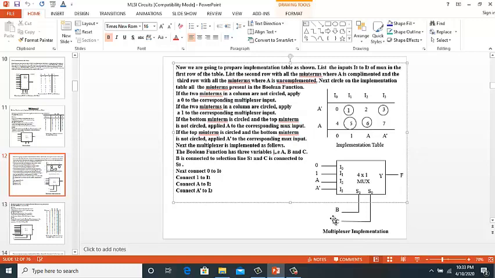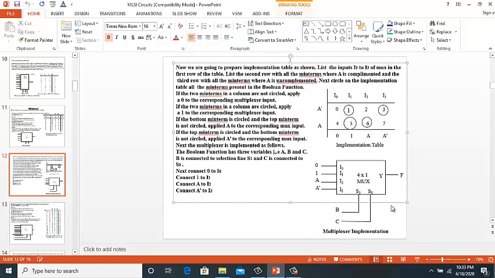The two variables B and C will be connected like this. B will be connected to the selection line S1 and C will be connected to the selection line S0. So this is the multiplexer implementation of the Boolean function.